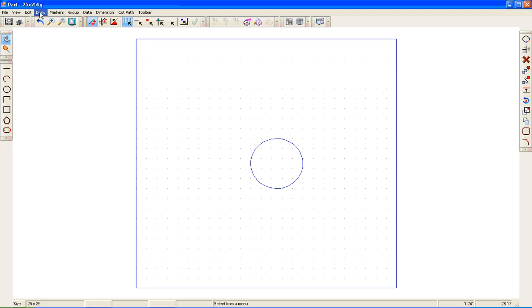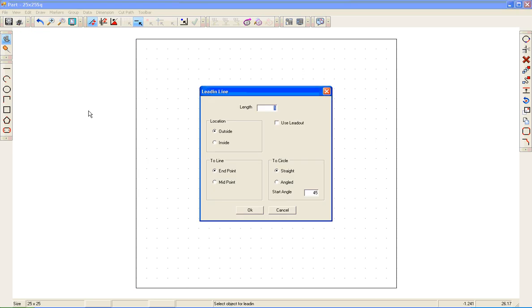And you can find that under Draw. At the very bottom, we've got lead-in, and when you select that, you can choose either line or arc. As a rule of thumb, if you're leading into a line, choose a line lead-in. If you're leading into an arc or a circle, choose an arc lead-in. So let's look at the line lead-in first. When you select line lead-in,